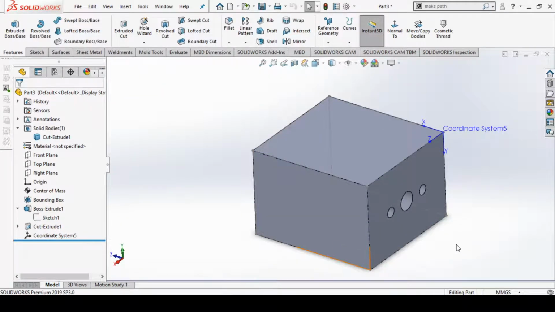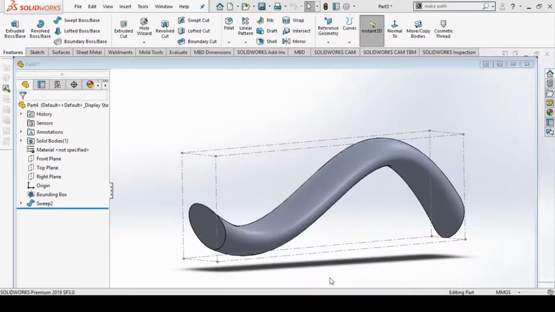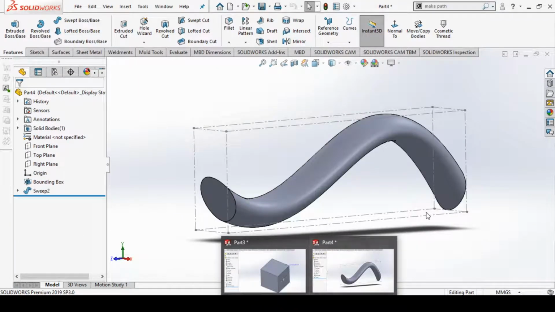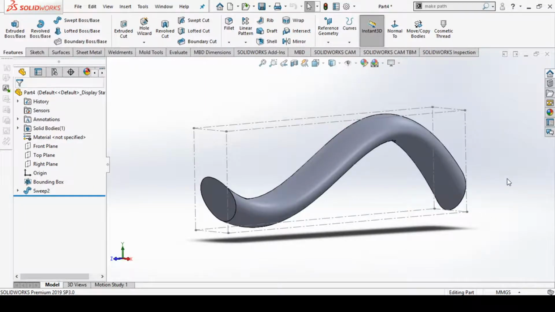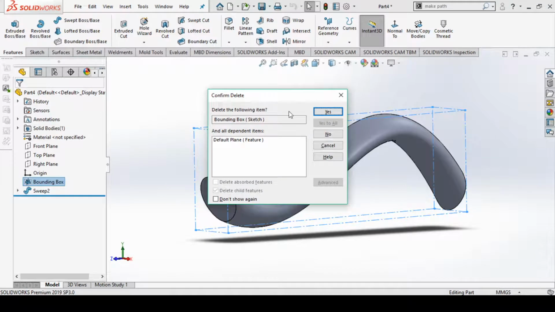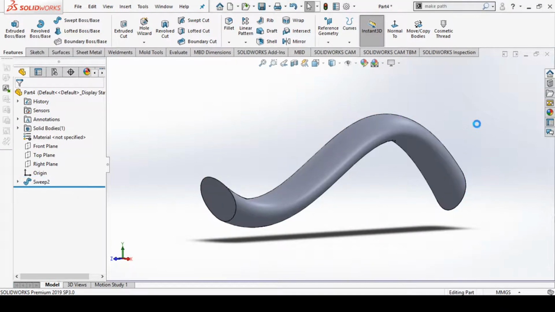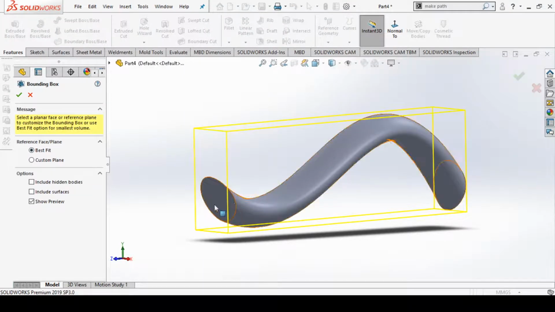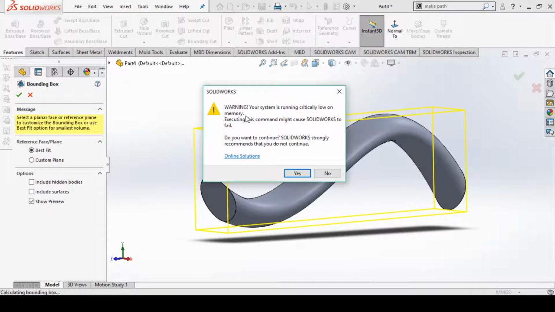Now we are going to see what is the use of this bounding box in complex geometries. So I have made another part. Inside this you can see that I have created this bounding box. I will try to delete this first of all. When I delete it, I will try to create a new bounding box again. First of all I will go to the reference geometry and select the bounding box. Automatically this document is selected. I have kept the show preview option on. I can click OK, and you can see that